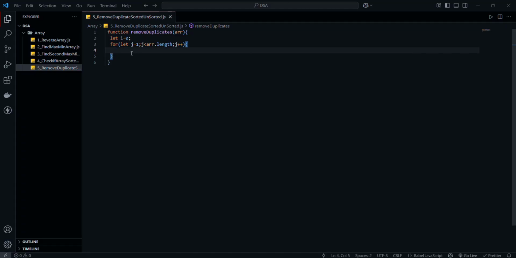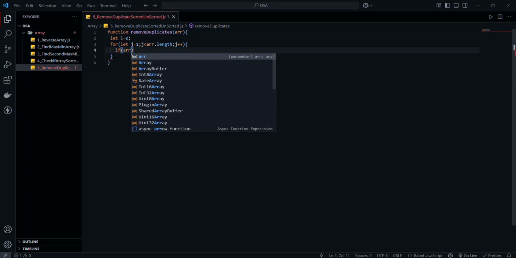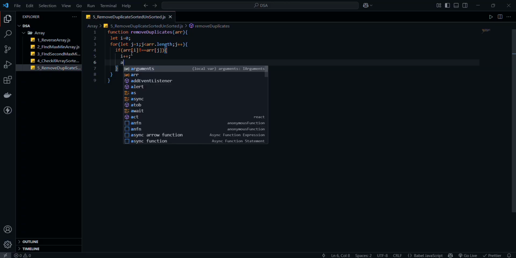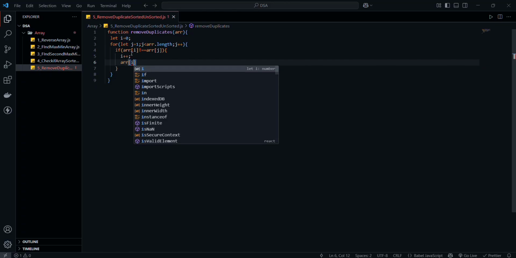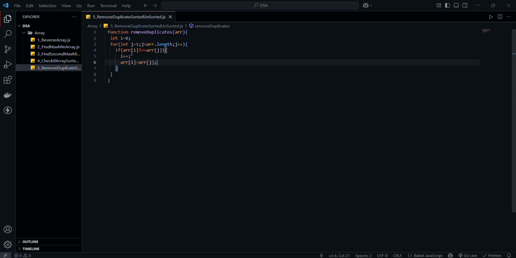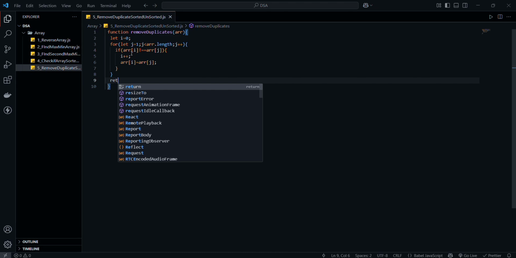Now we check the condition, we write an if condition: if arr[i] is not equal to arr[j], then we increment the i variable, and in the array at index i we pass the value of the array's j index. Then finally, after the for loop, we return the